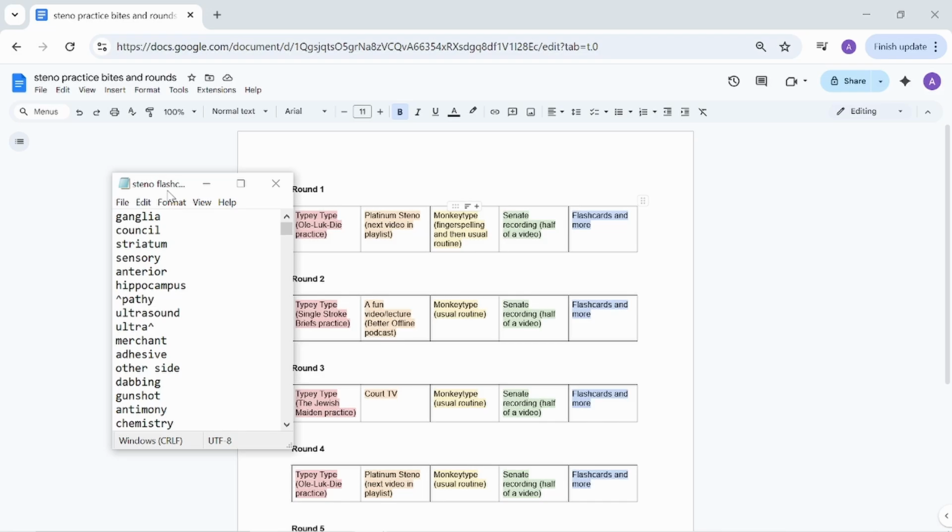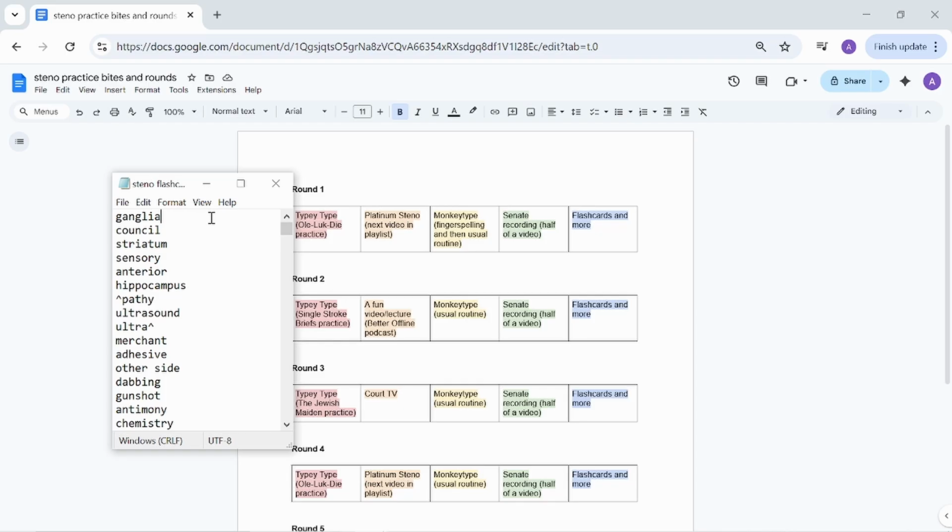And the really great thing about this is that it helps me keep my momentum in practice, because I'm not stopping to do any dictionary changes or looking up words or anything like that. So everything goes into this list. Maybe words or phrases that I want to make a brief for, words that I know I have a brief for, but I can't remember it at the moment. So it's like a hesitation word.